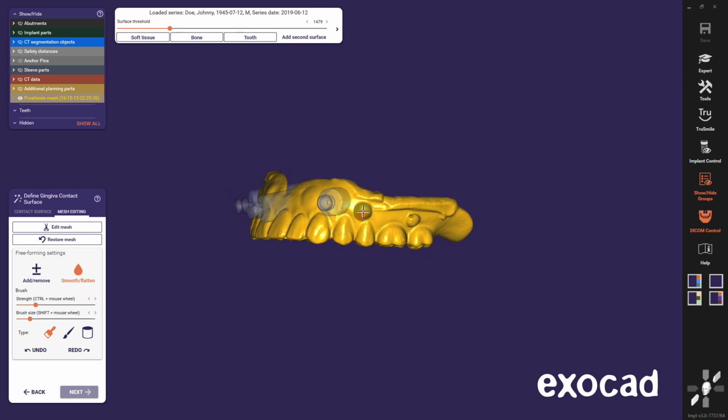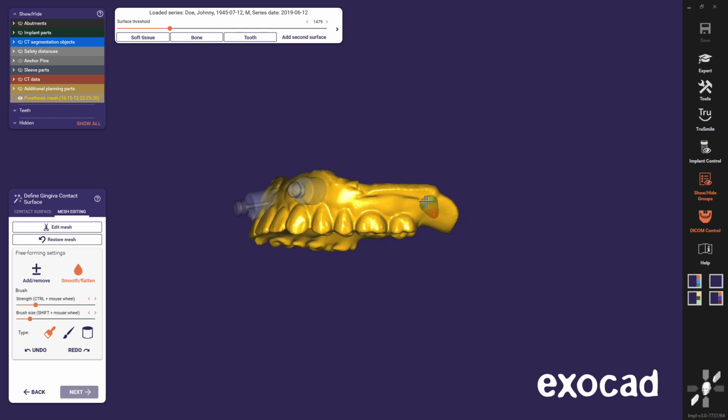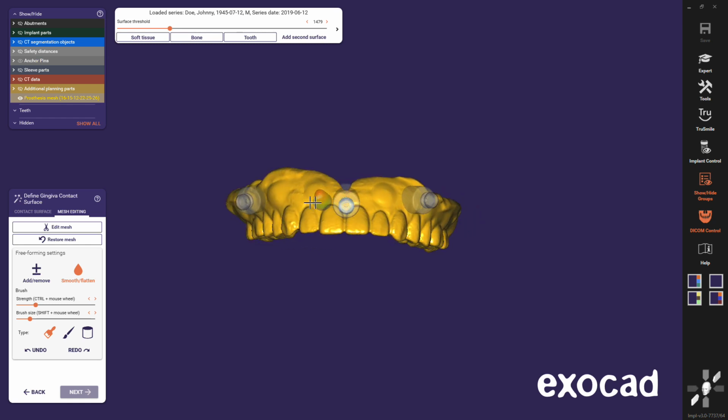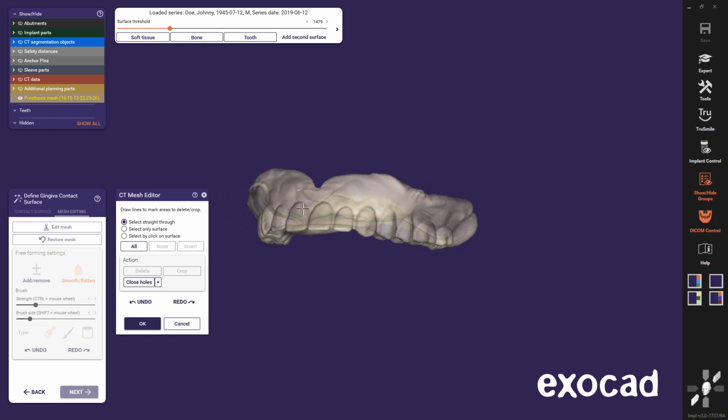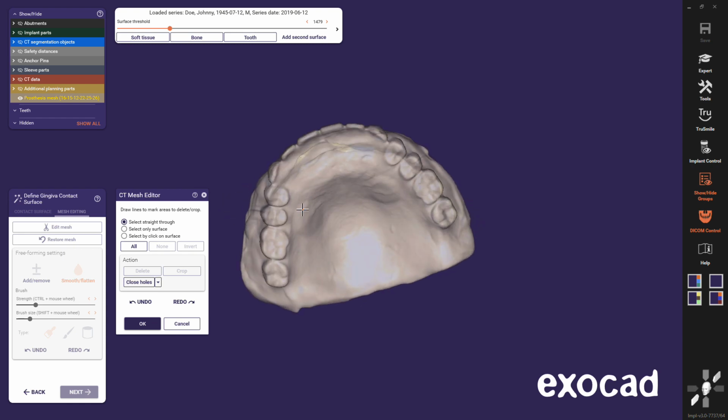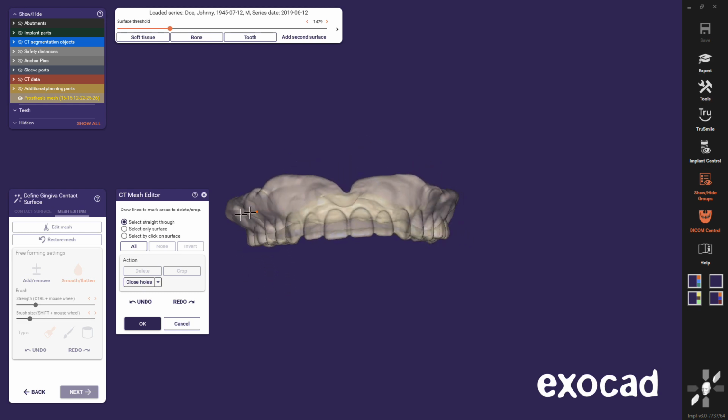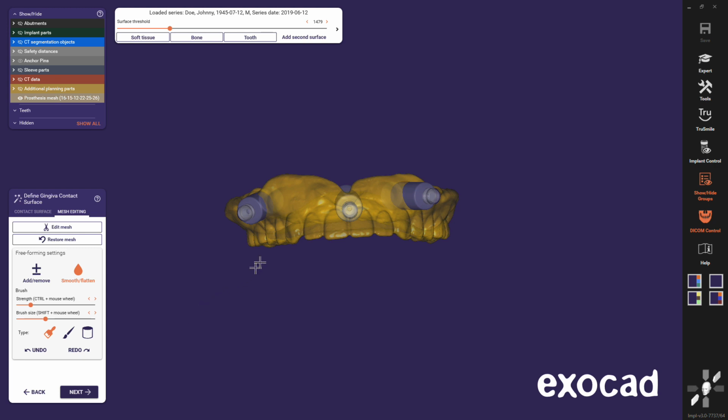Since the mesh is created from the DICOM data of the prosthesis, there can be artifacts within the mesh. You can use the mesh editor to cut away those areas, since they could cause problems in the merging of the guide later. For this mesh, it is not necessary. Be very careful when editing the mesh so that the fit of the guide is not destroyed.